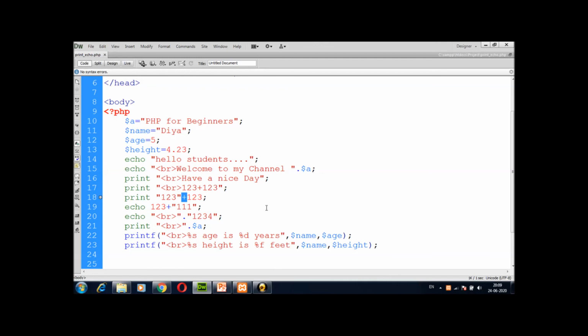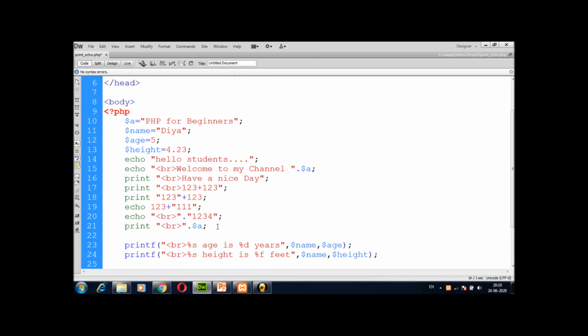Basically, you will use echo and print statements in your PHP program. So most probably you have to concentrate on these types of statements, like simple string messages, or string messages with concatenated variables, or any HTML tag with a concatenated variable, or we can say not only break. I can show you one more example.